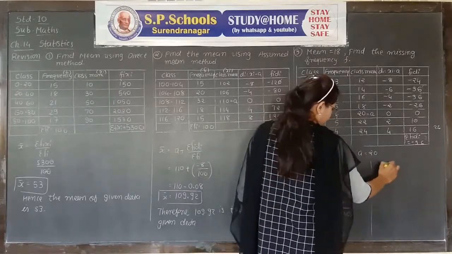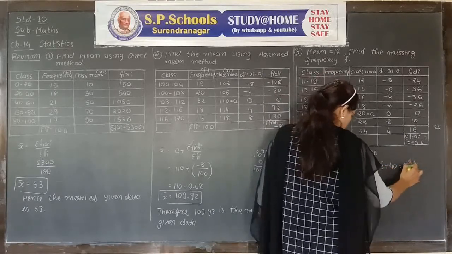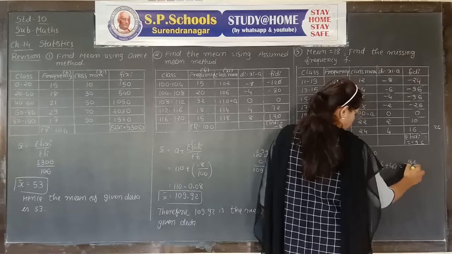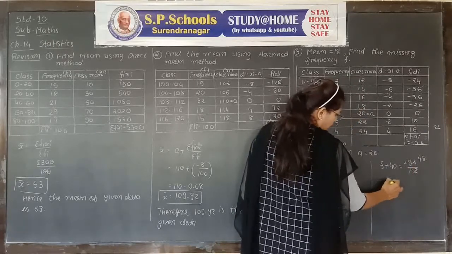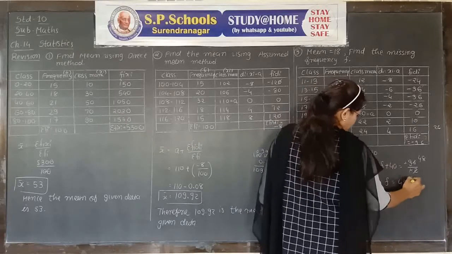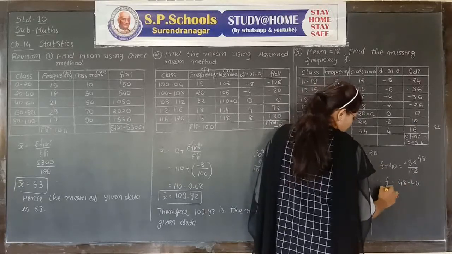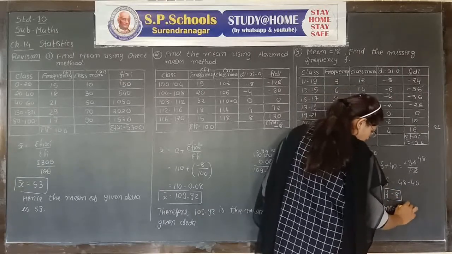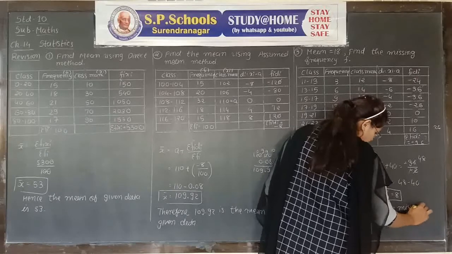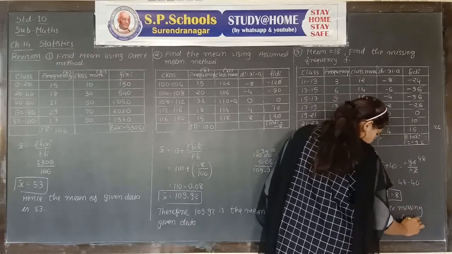Now we make f plus 40 the subject. We get minus 96 upon minus 2. Now cut is possible, minus minus, and f plus 40 is equal to 48, so f is equal to 48 minus 40. Therefore f is equal to 8. Hence the missing frequency f is equal to 8 is